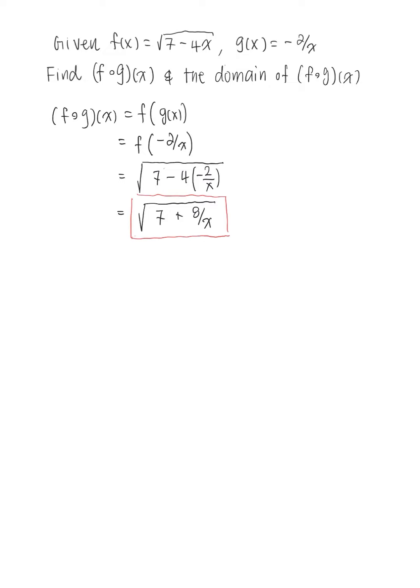All right, now let's talk about the domain of f of g of x. Here you have to be careful. Let me just write it as domain of f of g. First of all, notice that you got the square root, so whatever sits inside of the square root has to be greater or equal to 0. Let me just write that part out. So the restriction is,